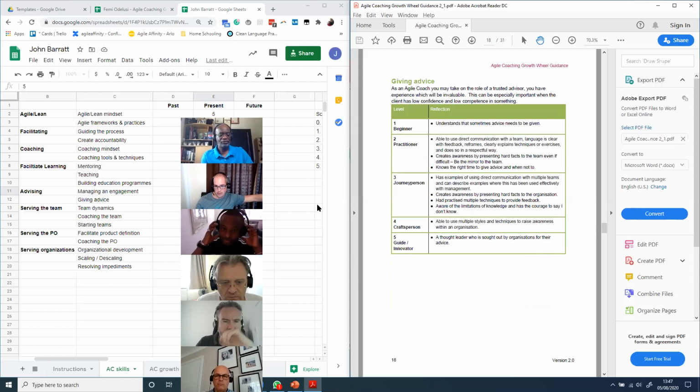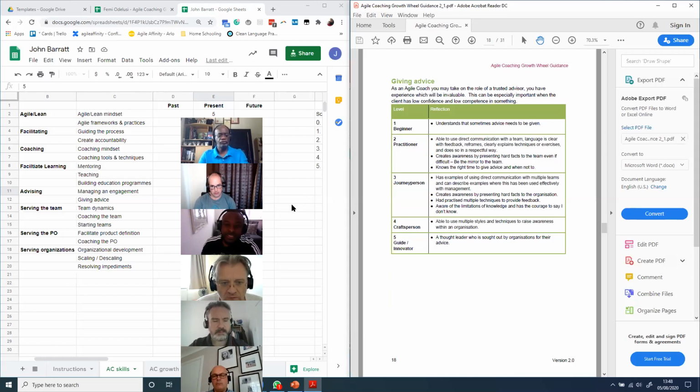John, I can jump in here. Mm-hmm. Two things from me. Before I started the course, I used to believe I was a 4. When I started the course and I understood the detail behind what it is to give advice, I marked myself down as a 2. Then at this current moment in time, I think I'm within the spectrum of a 2.5/3.